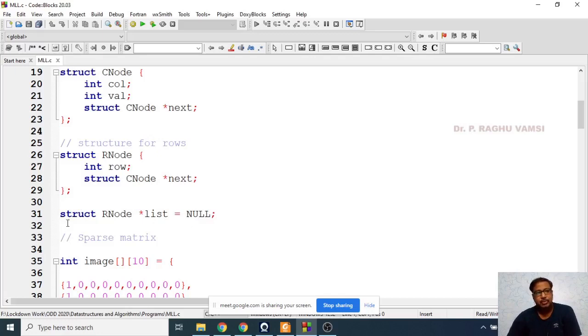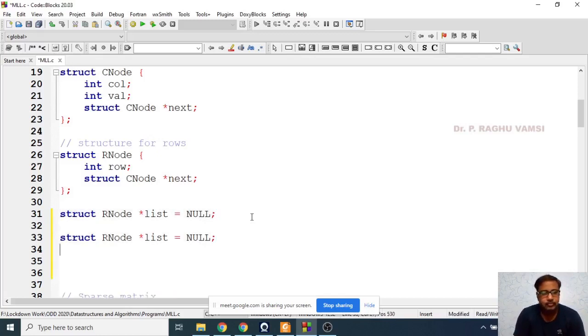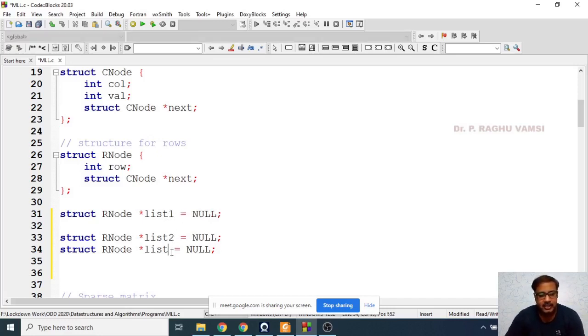Since we are supposed to merge these two lists, you can make struct R node star list 3 equal to null. So like that you can create three lists. So you can rename them as list 1, list 2 and list 3.